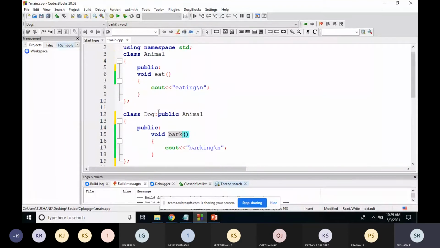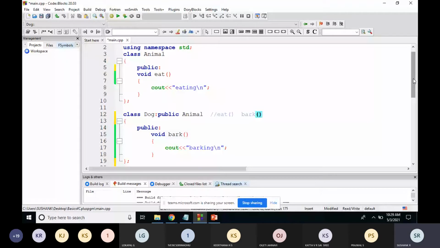Since the dog class is inheriting the animal class, dog can access the members of the eat function. That means the dog class has two functions: one is the eat function and the other is the bark function. Because of inheritance, eat and bark are available to the dog class.